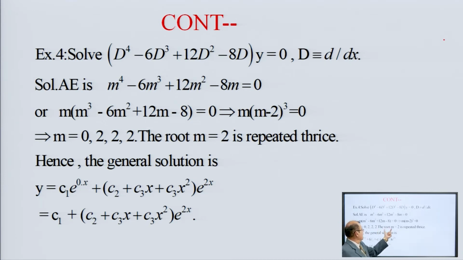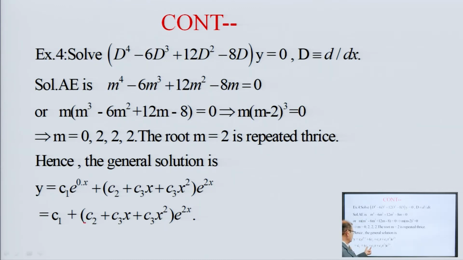Hence, the root m is repeated thrice. Hence, the general solution is C0 e raised power 0x plus C1 e raised power minus x, because m1 is 0, plus C2 plus C3x plus C4x square into e raised power twice x, or